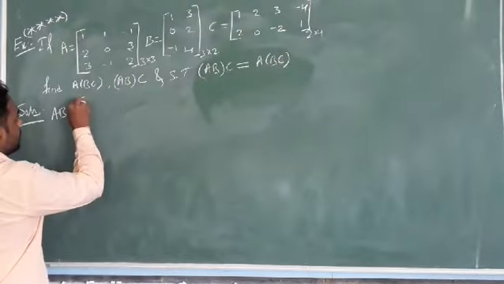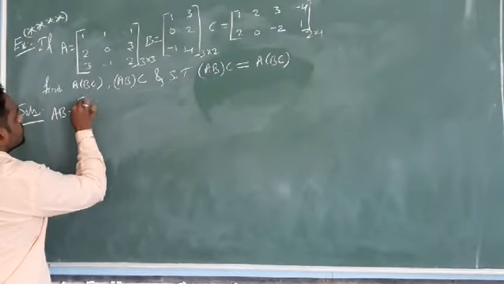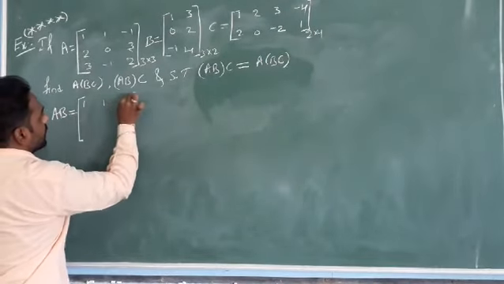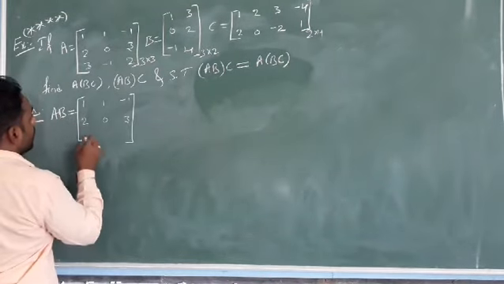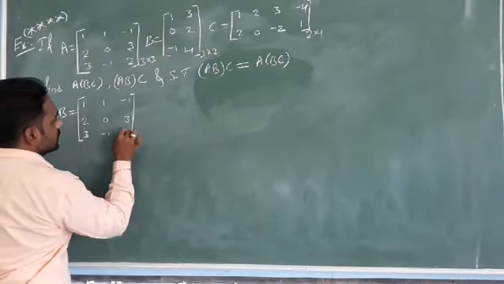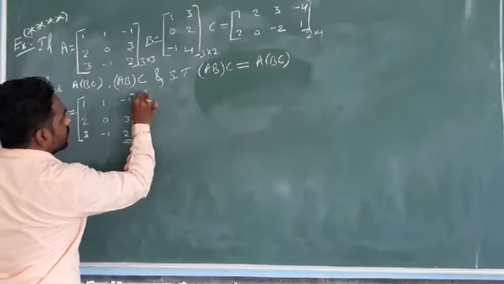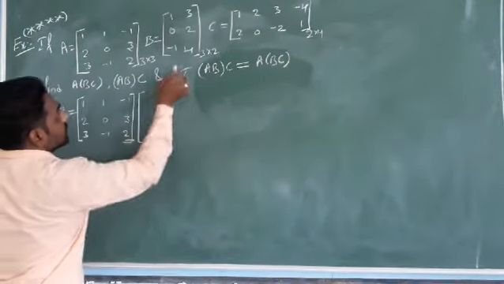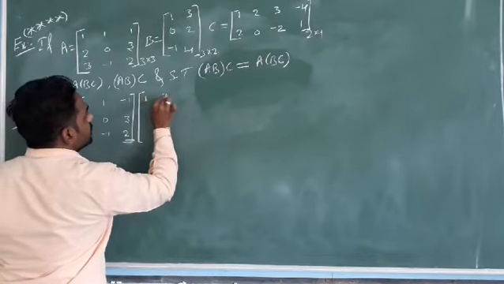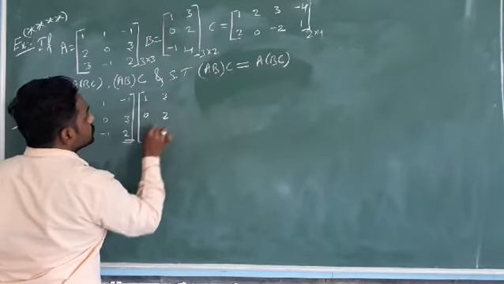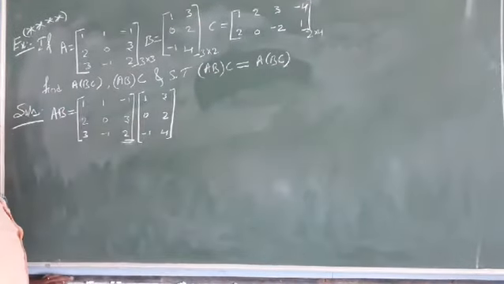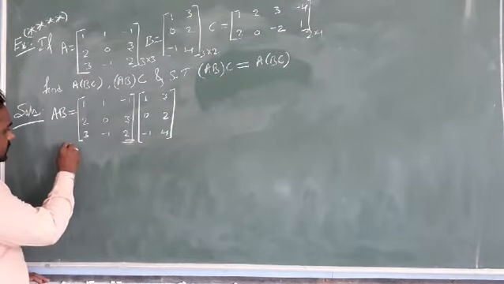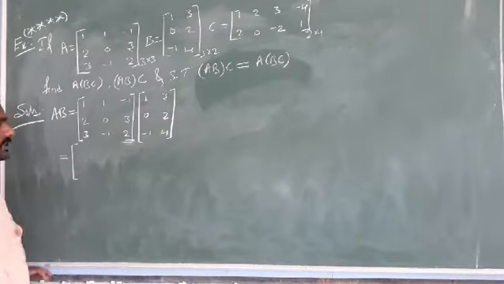So matrix A, what is that? 1, 1, minus 1, 2, 0, 3, and 3, minus 1, 2. Okay, what is the matrix B? It is of the order 3 by 2. That is 1, 3, 0, 2, minus 1, and 4. So you have to obtain the product AB. What is that? A 3 by 2 matrix.